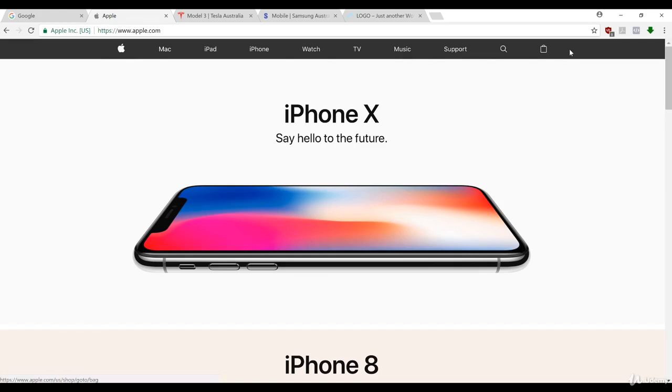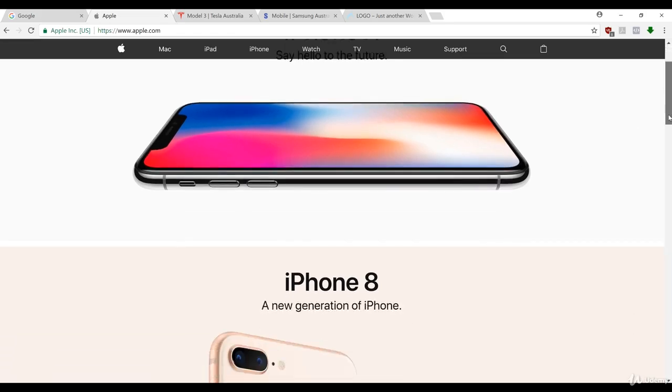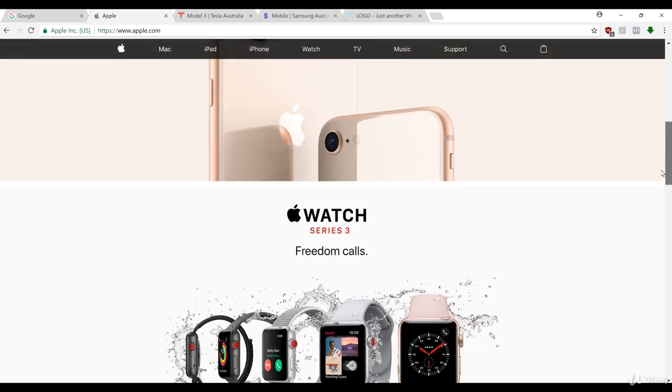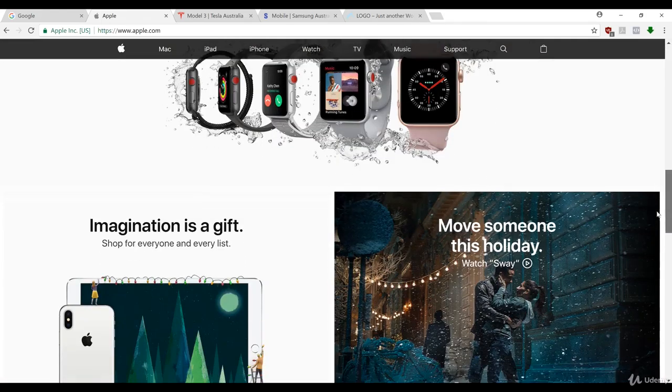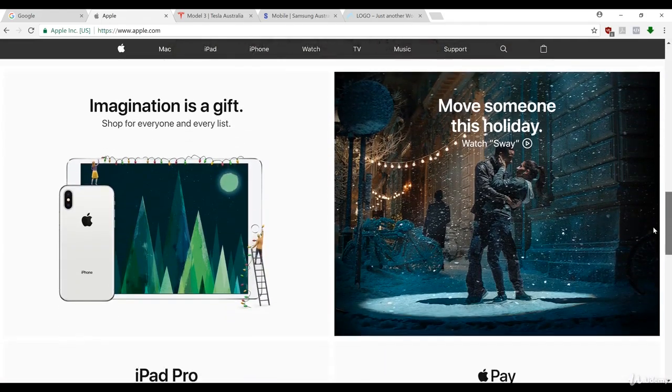You've got the beautiful navigation bar up here, the logo. It's just clean, modern, simple. And then we've got the big giant image here that draws you in. And then as we scroll down, we've got just a really nice, clean looking design that it's just so easy